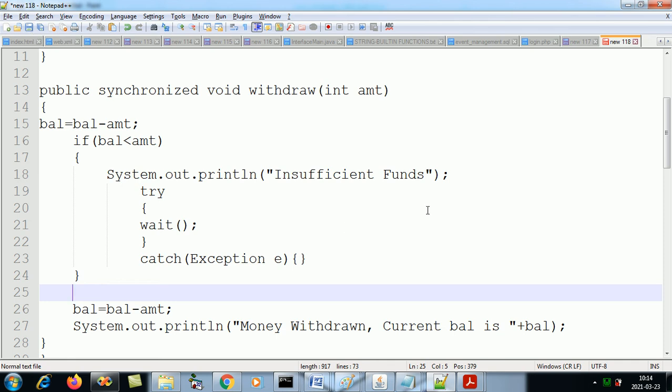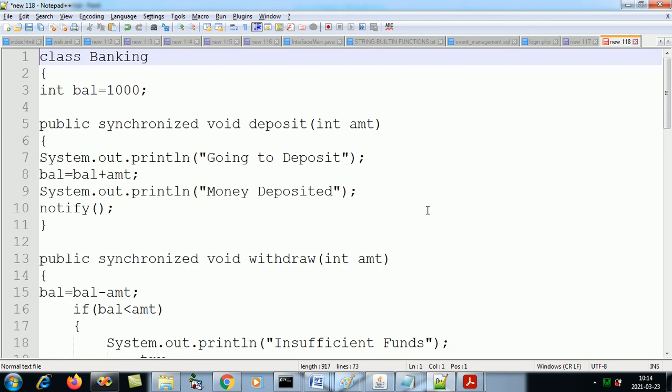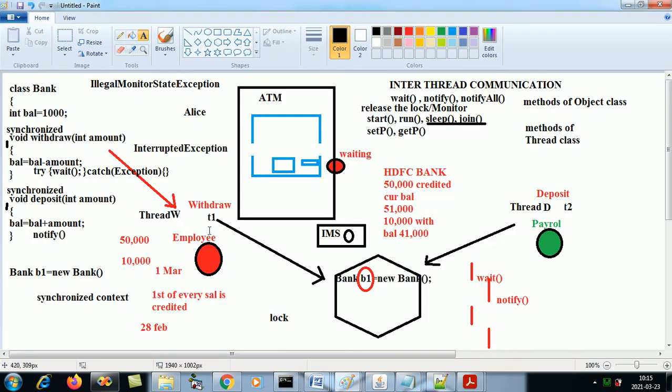So let's say going to deposit. When he is going to deposit, what is the current balance? The balance is 1000.